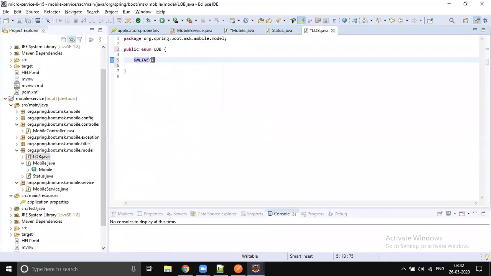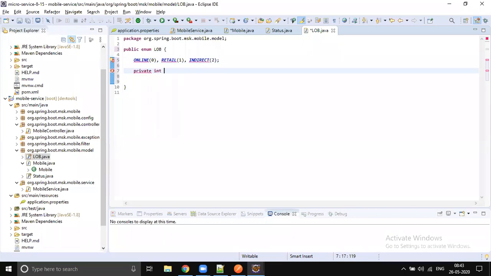One is online, which means the value is 0, and the next one is retail, which is 1, and last but not least is indirect, so it's 2. Let's write the same story, right? So integer parameterized constructor and assign some value.